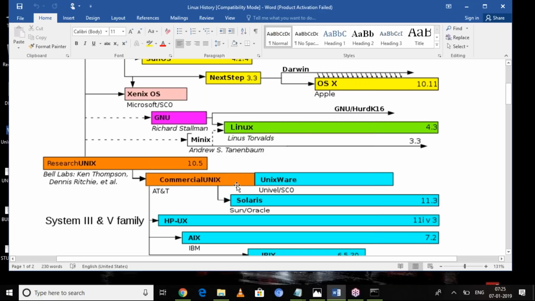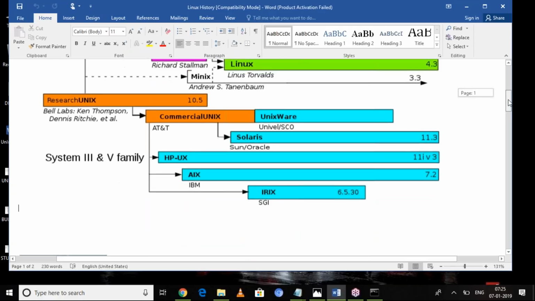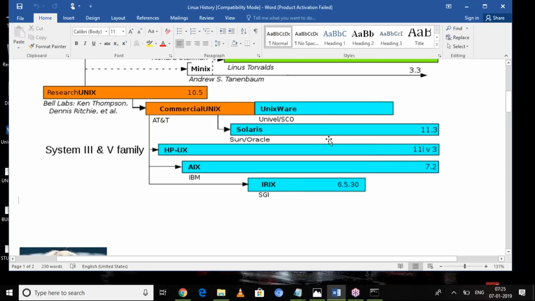Commercial Unix means it's not freeware; you should pay if you want to get it. From this commercial Unix, different companies purchased the core version and made changes in that core version.